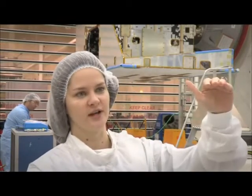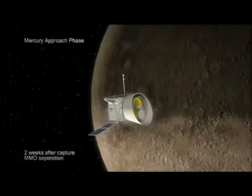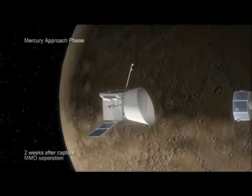So the scientific instruments, we can't point them at the sun. So we have to make sure we're controlling the spacecraft properly. But also, this 6-year journey to get there in itself is a big engineering challenge. So all these modules are stacked together and then spend 6 years going towards the planet. And then after 6 years, we have to separate them. And that's a big challenge for us, because if it doesn't work, then that's going to have, obviously, huge implications